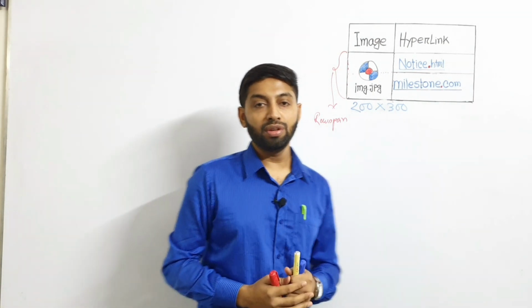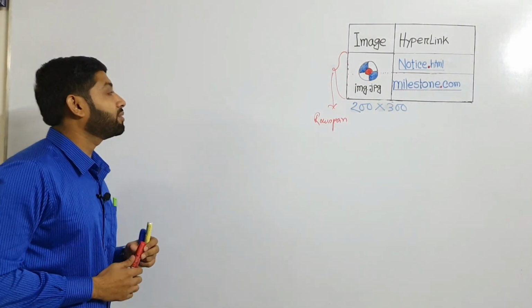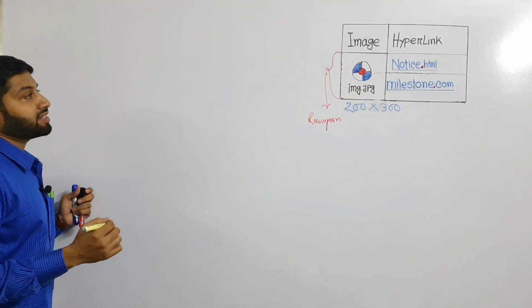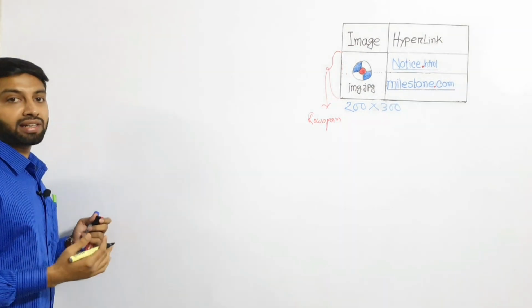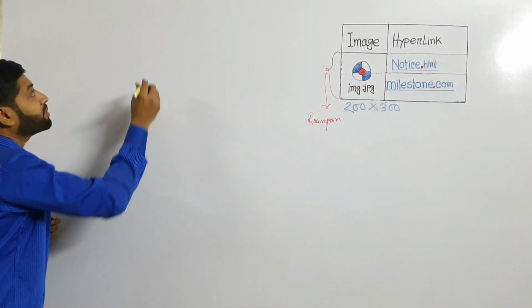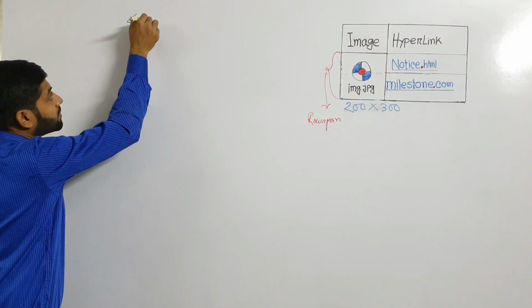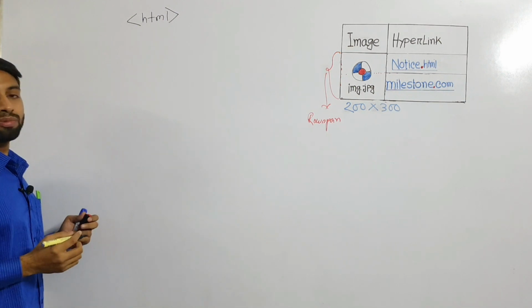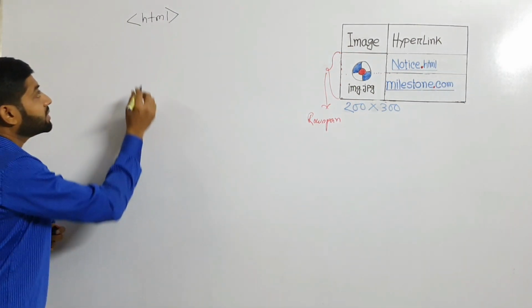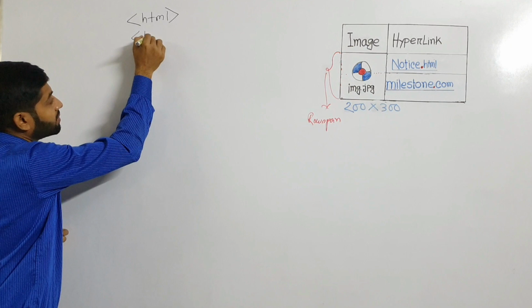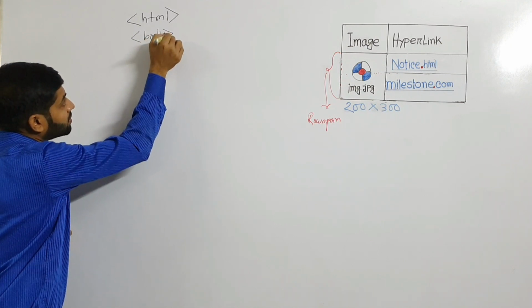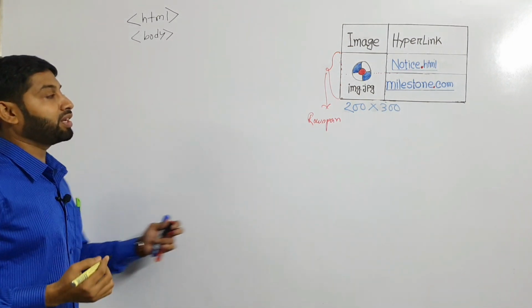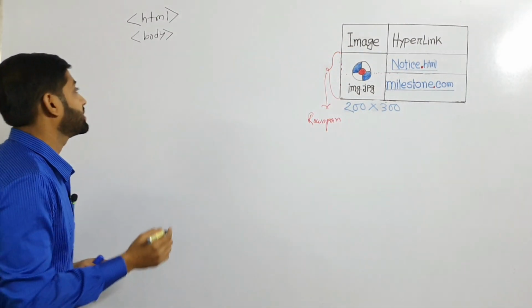So now I am going to elaborate with my whiteboard. You know we have to start our HTML with the very basics. So we have to write html first. This is the start of the HTML code. Then we have to start with body. Now we have to start with the table tag. You know we want to create a nice table like this.